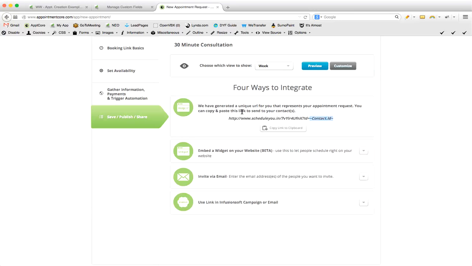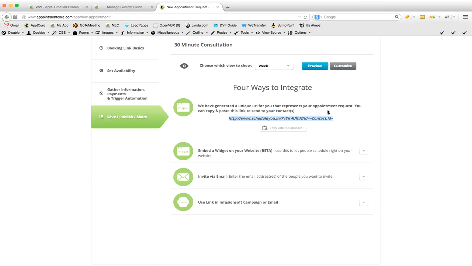So if your time zone is Eastern, for example, and you've got a phone call with someone that's on Central Time, when they click to view your calendar and set up that phone call, the Appointment Core calendar automatically adjusts your availability to their time zone. So when they're choosing their appointment, it's obviously surrounding the available time that you have, but in their time zone. Everyone's still able to be on the same page, and you don't have to worry about misunderstanding how things work there. So you don't have to actually present it to them in an email in this fashion